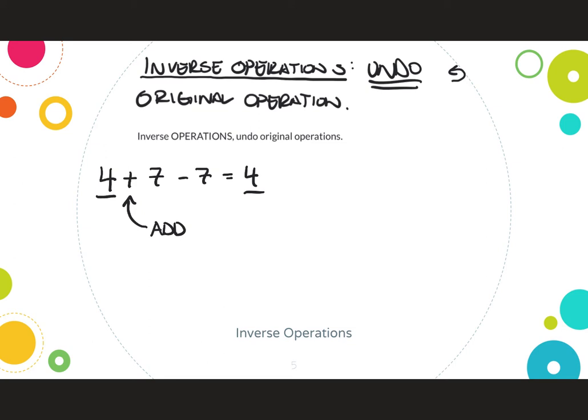We had add 7, and then we did minus 7. Oops, that's not minus, that's mines. Minus 7. And you get back to the original number. You undid the add with the minus. So that makes plus and minus